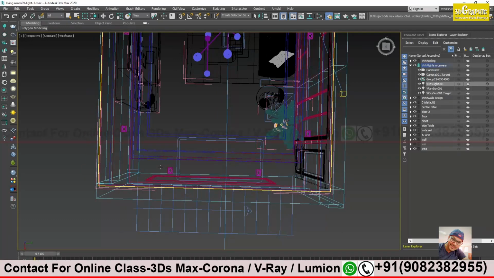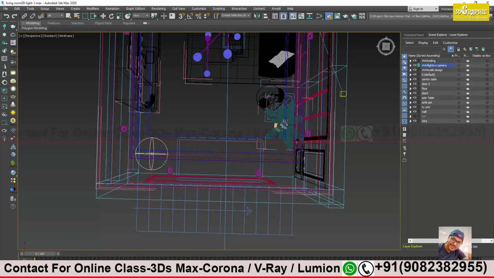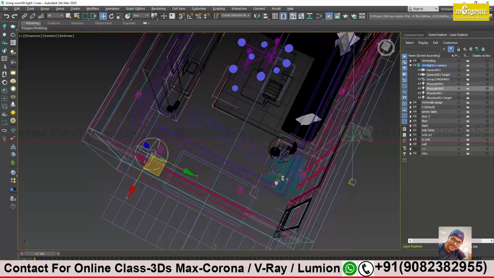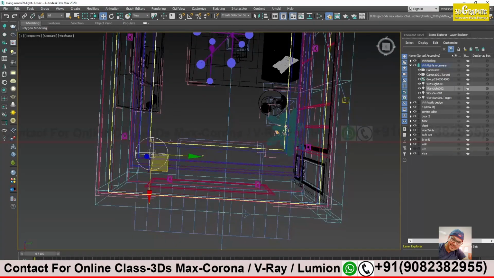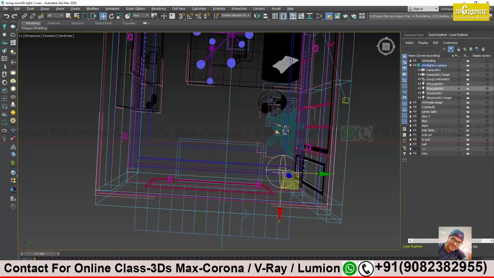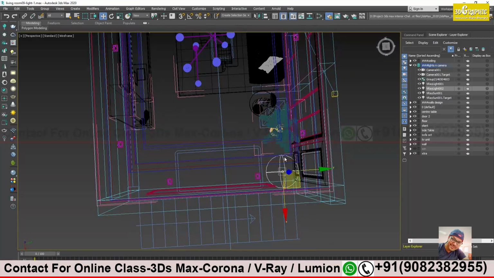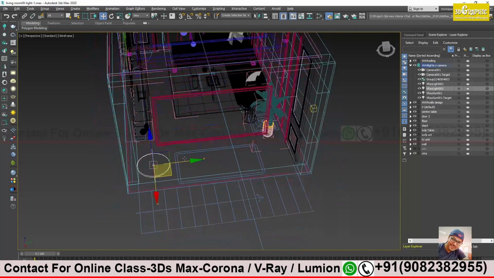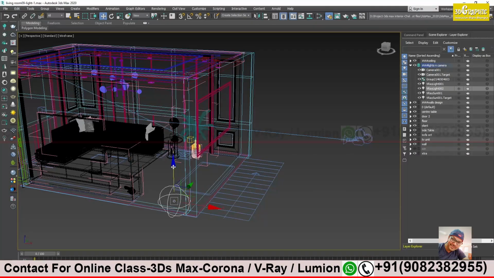Some people use plain light also. It's personal preference. I am more comfortable with sphere light. So I will take a sphere light, and this way I have a much bigger area. Otherwise, if I used it over here, I would have less area. No, there's a wall, there's a plant. So I can use it over here as well.